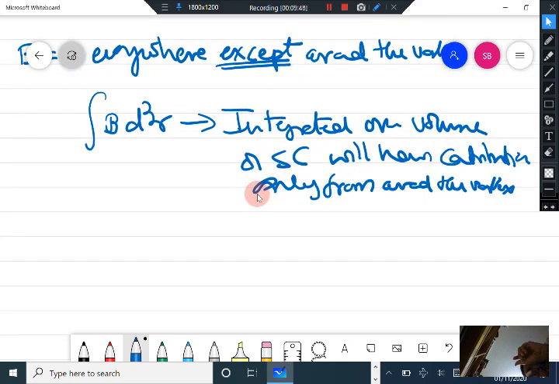The integral B d cube R can be written as nothing else but